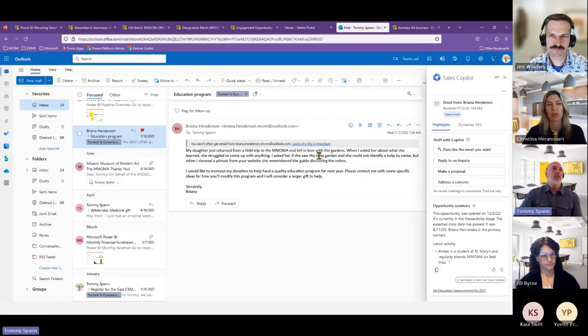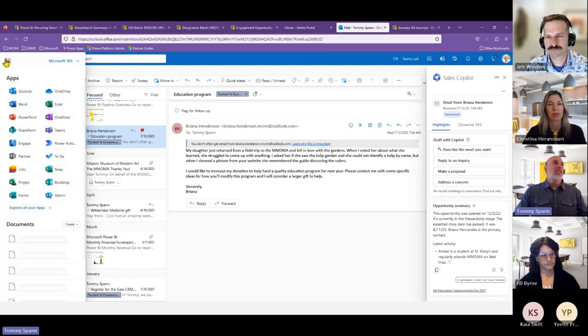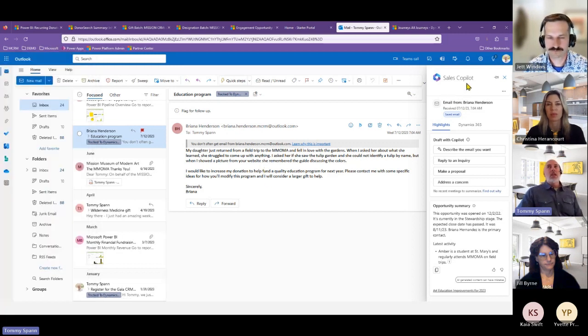Another one is the integration that Dynamics and the Power Platform has with the other modern work applications. So I can easily access any of my applications up here, Microsoft, but there's an integration, and this really starts to leverage some of the AI work that you see Microsoft promoting. So I've got an email here from one of our donors, Brianna Henderson. She just sent us a note saying that her daughter attended the gardens and she wants to help improve the education program. And so I can leverage the AI because I've got her in the database, and I can say,